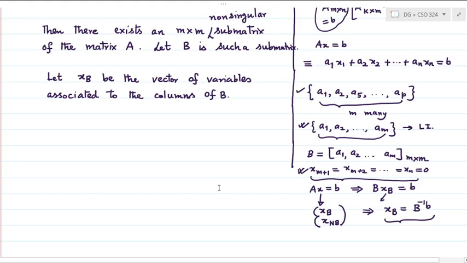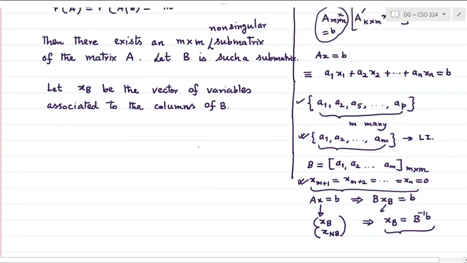So let xB be the vector of variables associated with the columns of B,